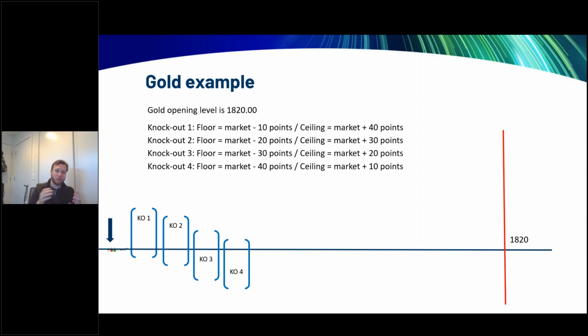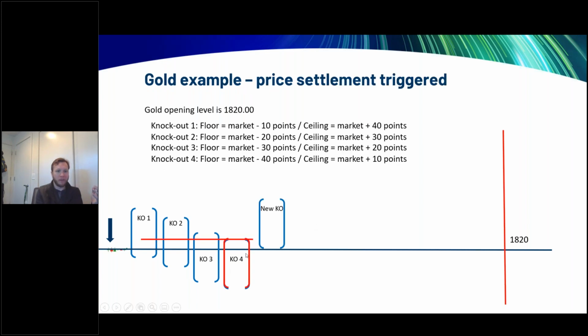But all you really need to know for this slide is very basically, there's the underlying market, and these knockouts are listed. They'll be 10 points below the market to 40 points above, and sort of staggered down from there, right? So you always have these 4 knockouts, and as you go on, as you start trading them,